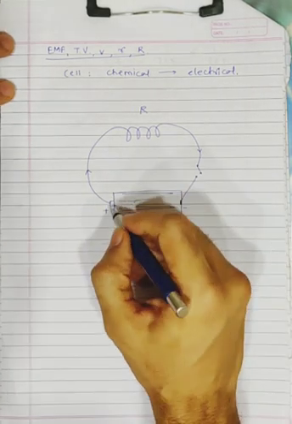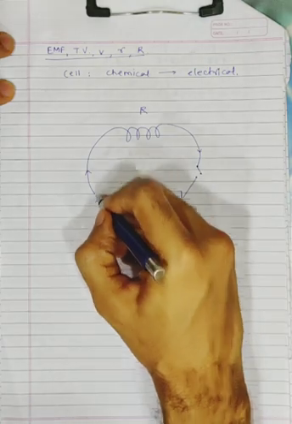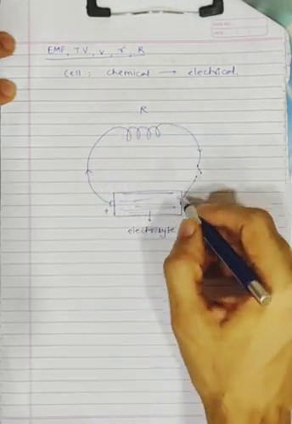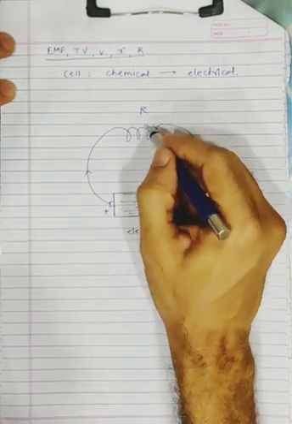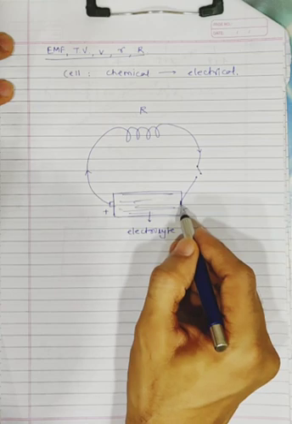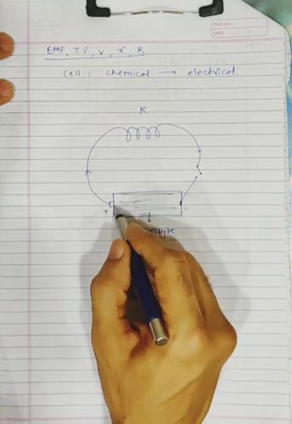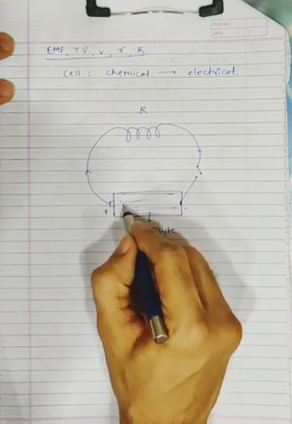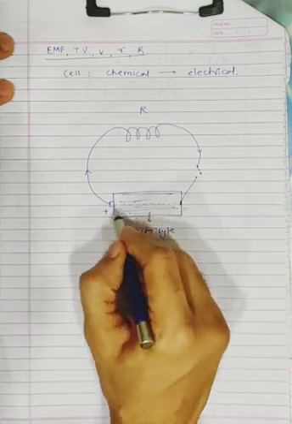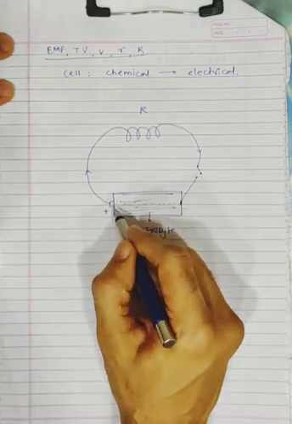Now here again, when you're moving a charge from the positive to the negative terminal, we have to overcome this resistance, which is called external resistance. But when those charges reach over here, they have to travel back to this point. When they travel from here to this point, here also they have to overcome resistance.